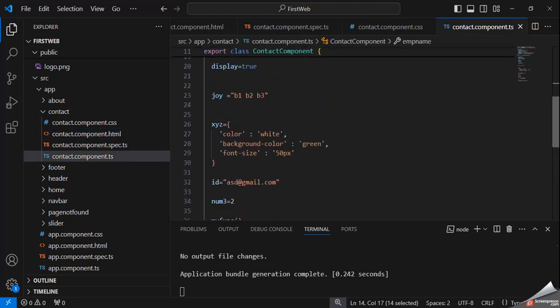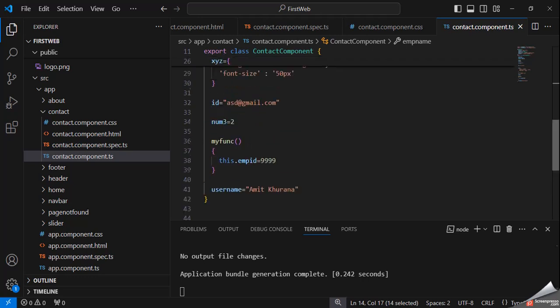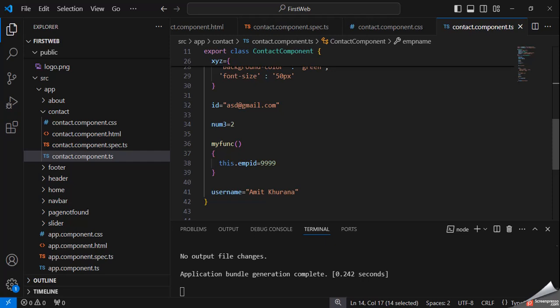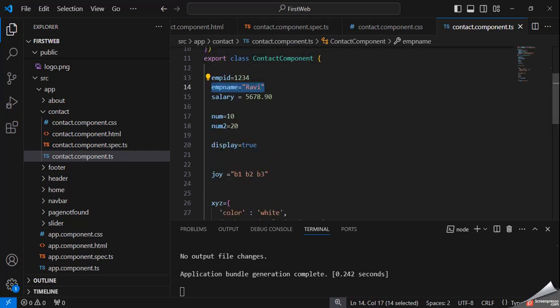Here you can see this is a TS file. Here I have declared employee ID equal to 999. Suppose this is salary. I have declared a salary, and I want to show salary here.